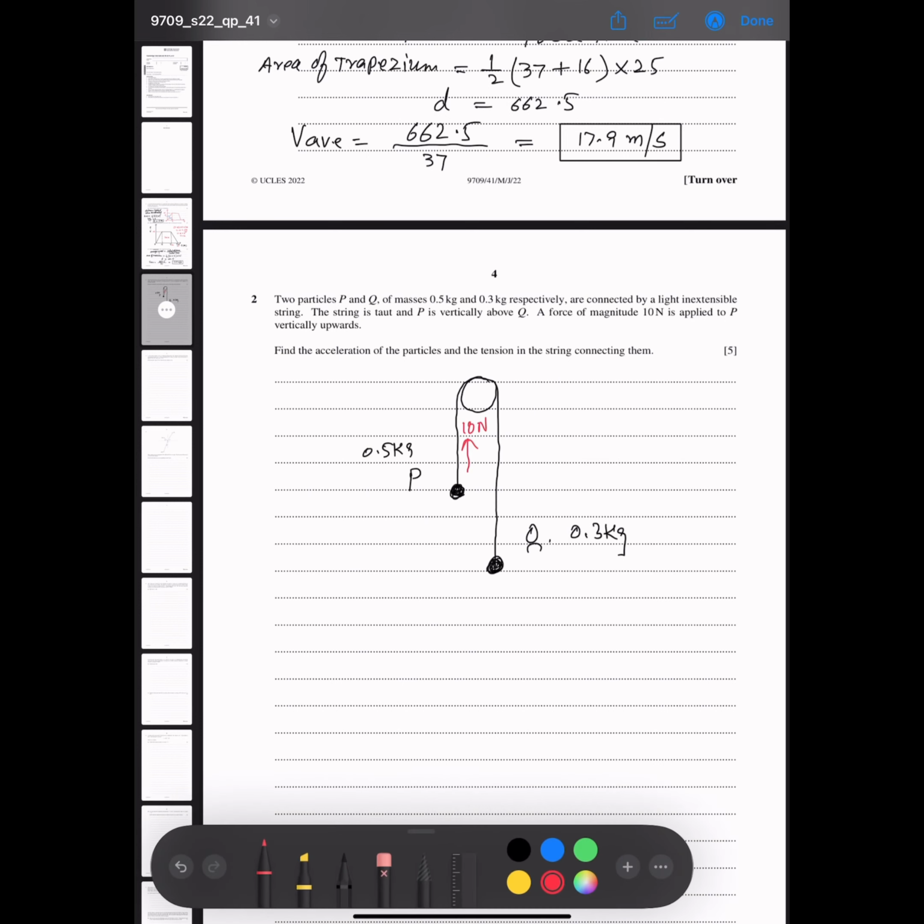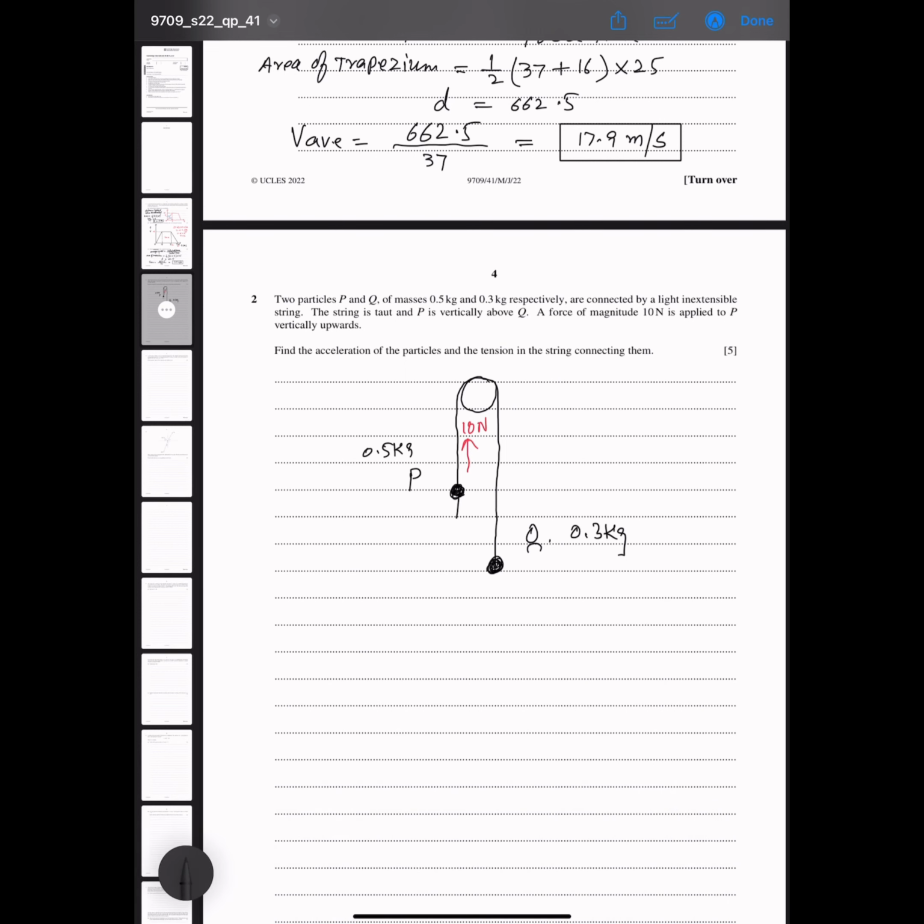The weight acts vertically downward. The weight of this particle is 0.3 g. Tension is towards the pulley, but the direction of the tension on particle P is downward, because an additional upward force is being applied on it, so the direction of the tension will be downward. So now we